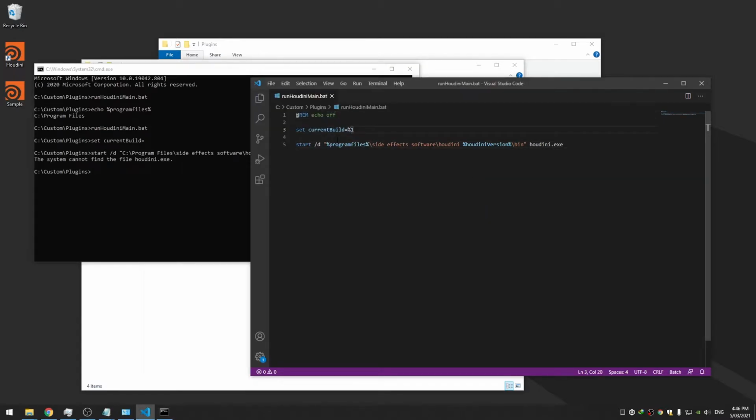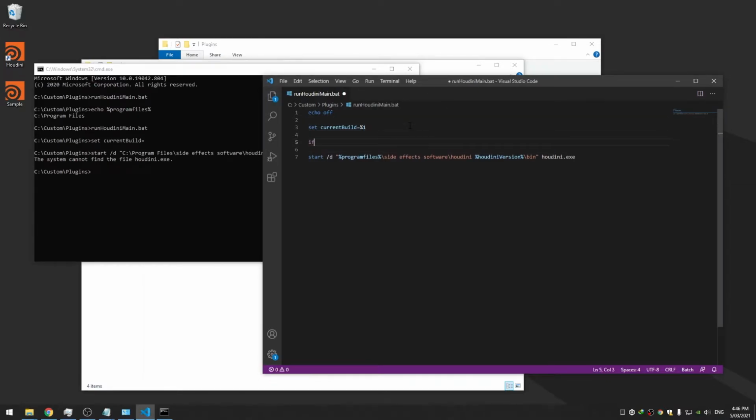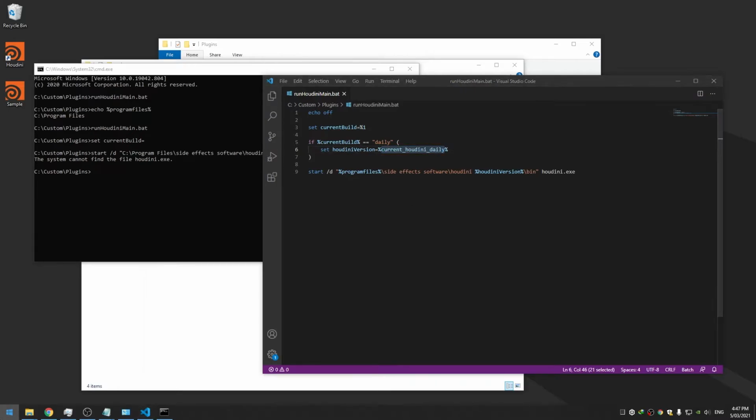So what I'm going to do is re-enable this. I'm going to say current build is this one, so I want to say if $ current build is equal to, in double quotes, daily, all lowercase, then I'm going to put in curly brackets. I'm going to say set Houdini version to current Houdini daily, like so. Now this is going to be an environment variable, so I'm going to go back into my environment